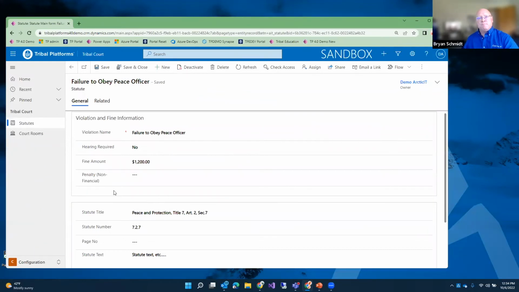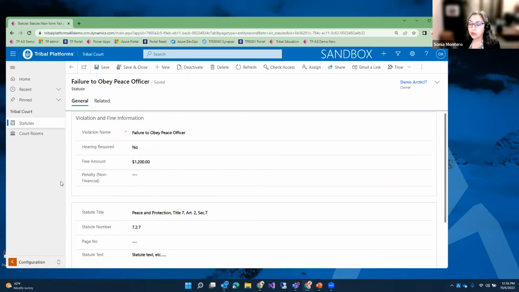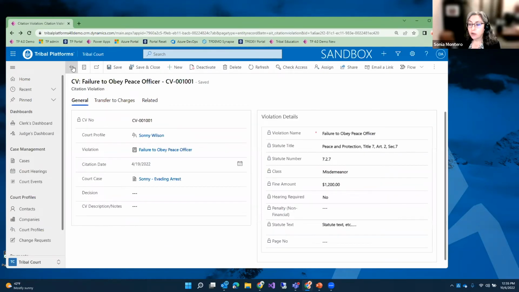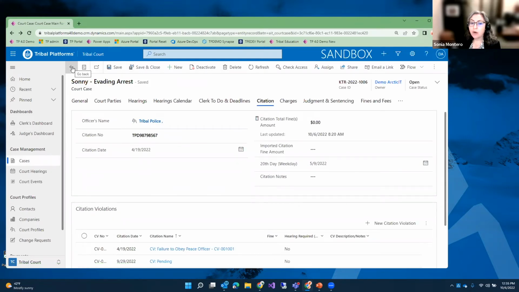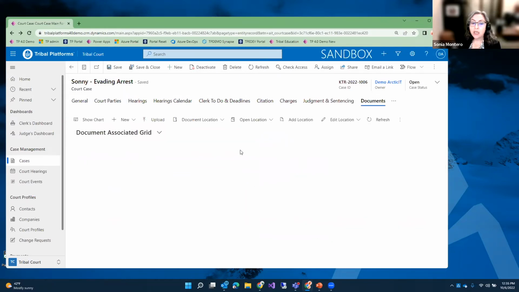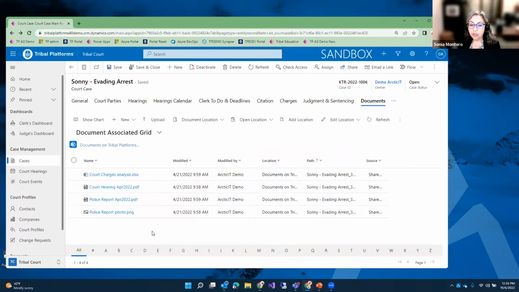Bryan, can I chime in with something on this? Yep, absolutely. So one of the things that we've done on these kind of traffic cases is it gives us a chance to upload pictures and documents, and a lot of that is pictures of the evidence that's filed by tribal police or the attorney general. So we keep it all in the case file itself. So when the judge is looking at this at the hearing, he can call this up and not only see the initial information like you just showed, he can actually go into the appended documents and view the evidence or the documents for himself. That's just important to us.